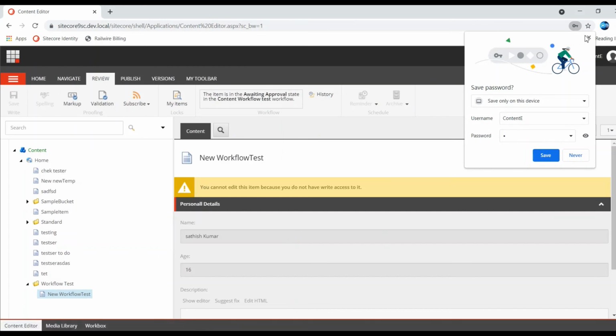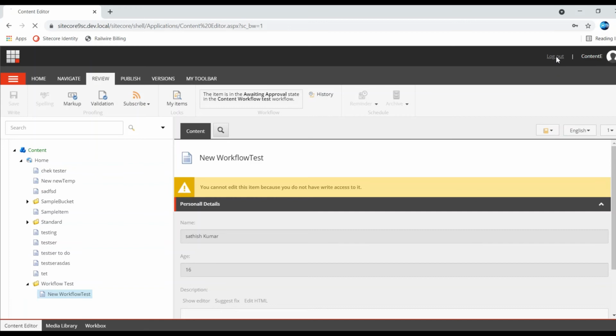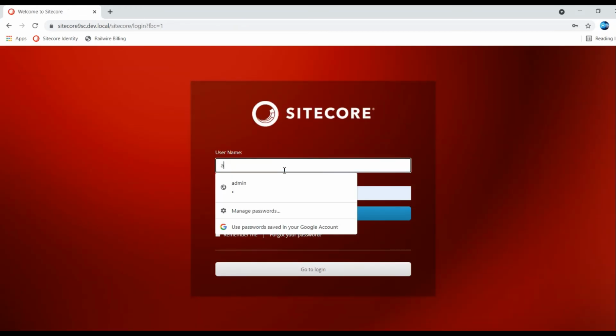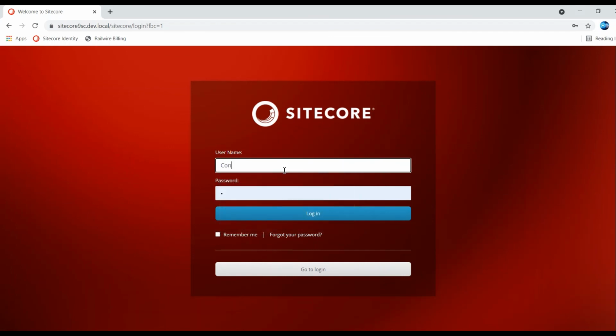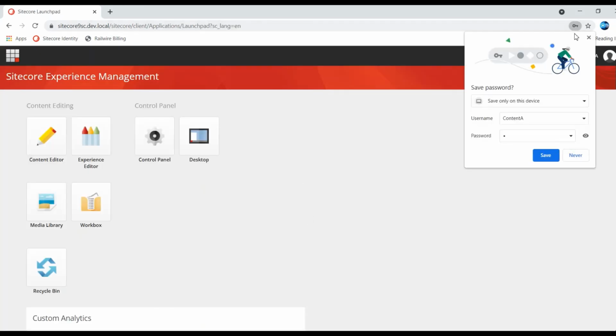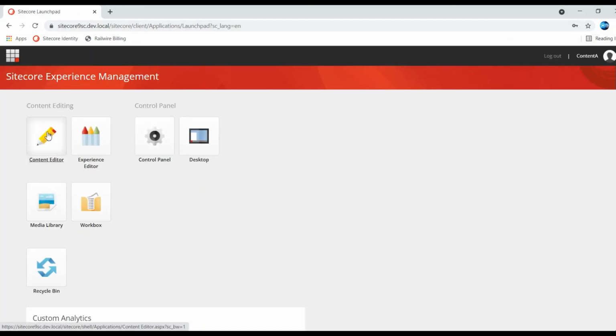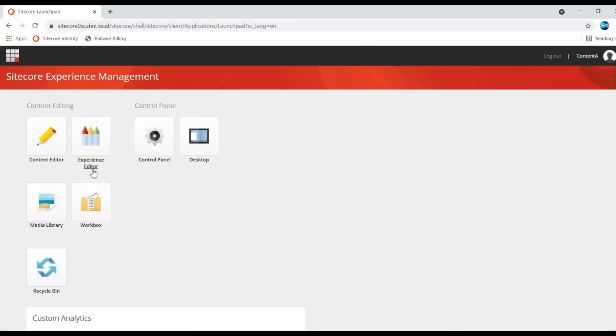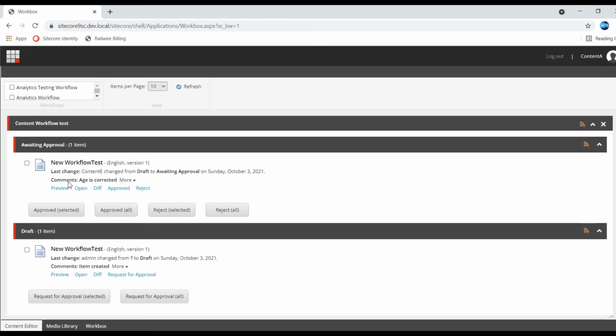Now I'm going to log out, log in with my content approval role, Content A. Now you see, so I'm going to workbox again. Okay, now there is an item in the workflow item. So now I'm viewing this item.